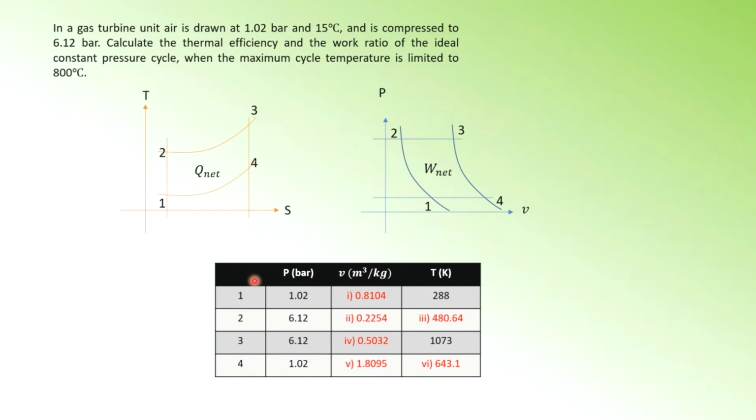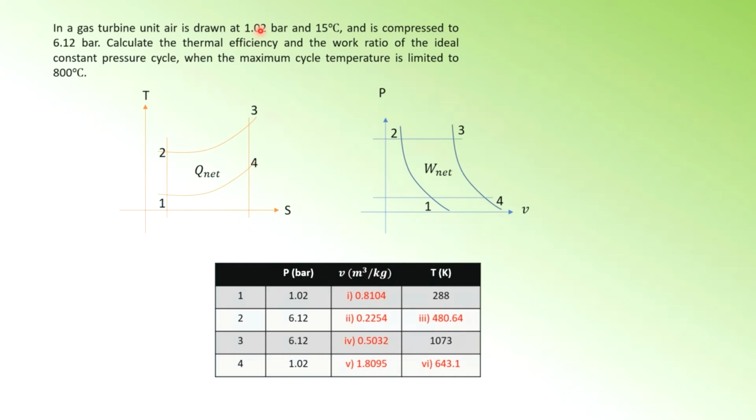Usually I will put a table like that with pressure, volume, and temperature. Since we have 4 points, I put in 1, 2, 3, 4 state points. And then what I need to do is fill up whatever is given in the question into the table first. Now, let us look back to the question. In a gas turbine unit, air is drawn